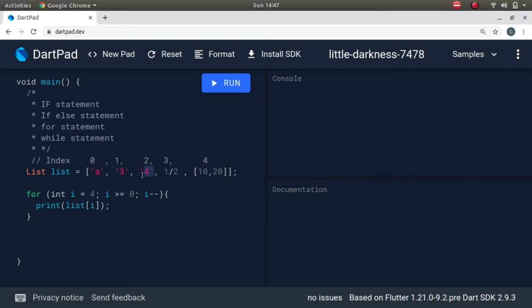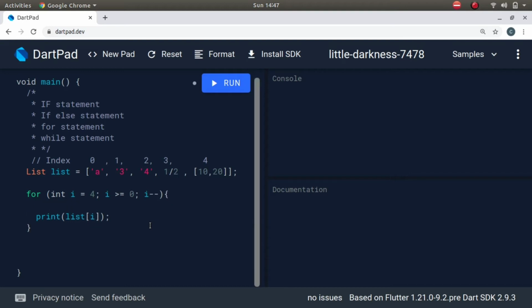If I had a particular condition that my list element is equal to 0.5, that is 1 by 2, and only then I will have to terminate my loop. If this is the condition, how are you going to do that? I want something which will break this loop, come out, and execute the code which follows this for loop, and the rest of these elements would not be printed. How can we do that? We can do it using the break statement.